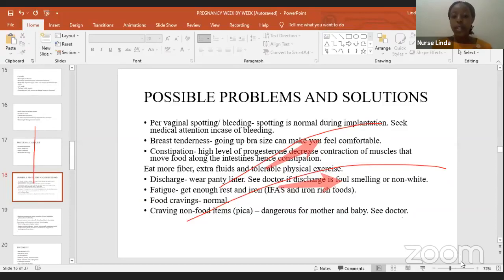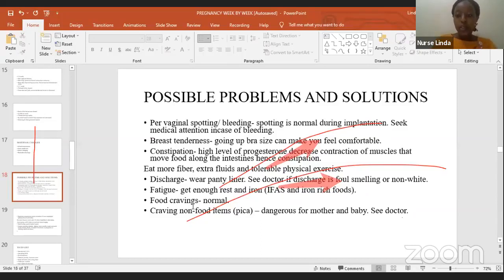At no point should a pregnant woman go to a chemist and get drugs for themselves, okay? And this is because we have said a lot of changes are taking place. We have the fetus developing, and whatever this woman takes in is likely to affect the growth of the fetus. So at any point, any pregnant woman needs to get medication from their doctor. They cannot self-medicate. We also have fatigue, so they need to get rest and get IFAS. I will talk about IFAS in the next slide, of what they need to do at this stage.